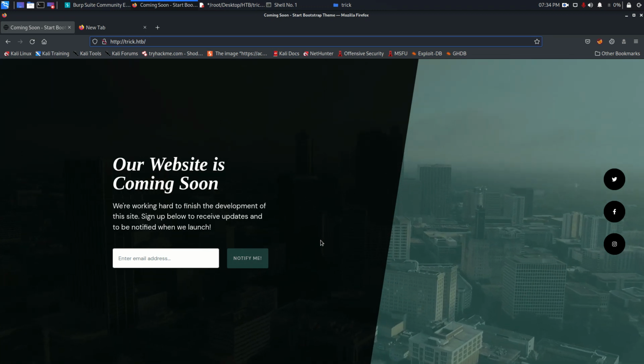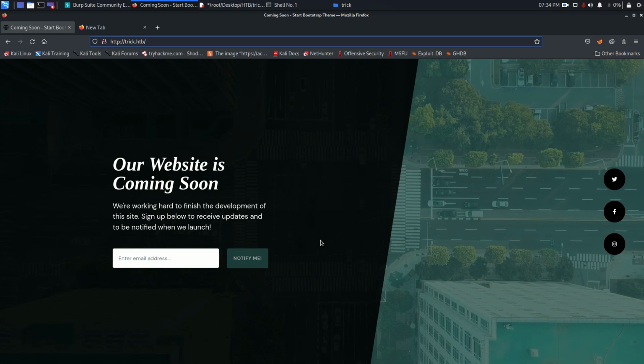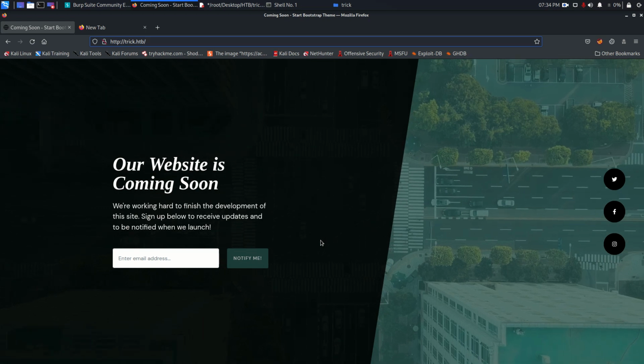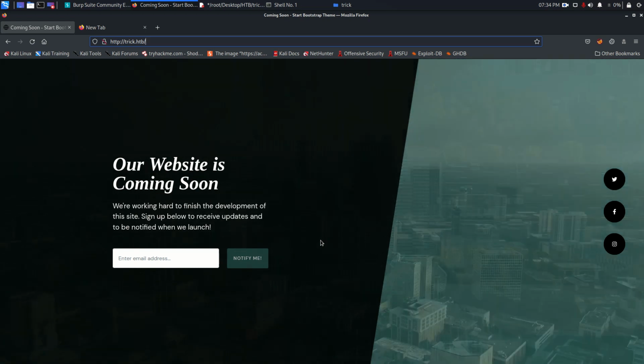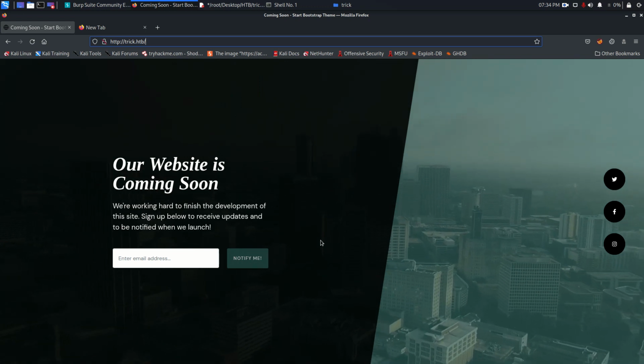This is Mohammad Badruddija and today we are going to solve a machine from Hackthebox. The machine name is Trick and the difficulty level of that machine is easy. This is a pretty straightforward machine but a bit different from other machines because the way you enumerate that machine is